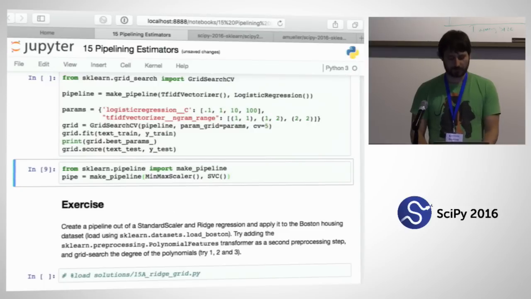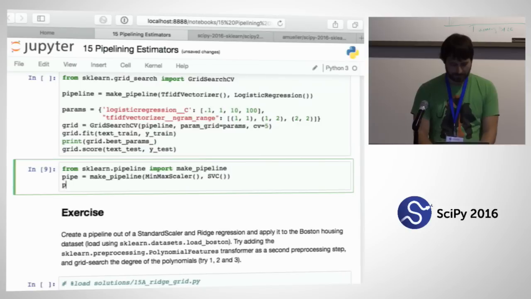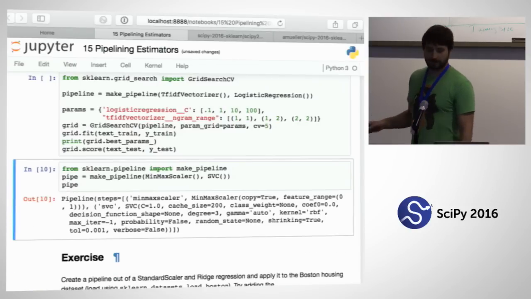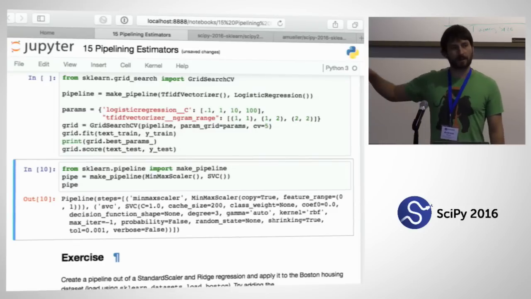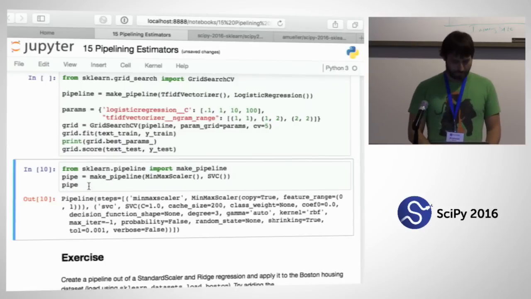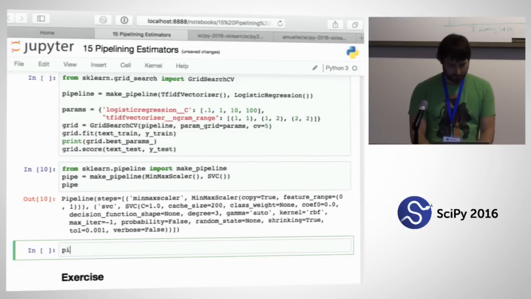And this will return this pipe. This pipe is now an estimator. It's a classifier that consists of two steps: applying the min-max scaler and then doing the SVC. So if I do pipe.fit(X_train, y_train).score,